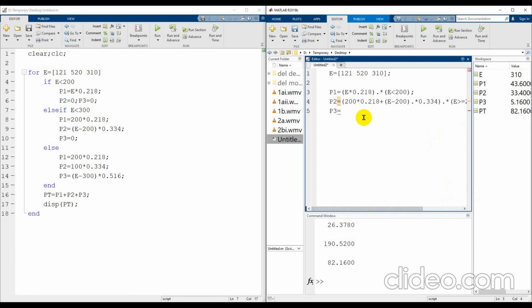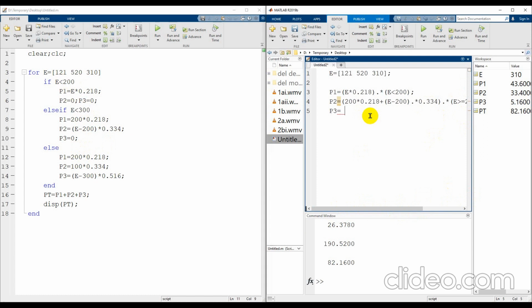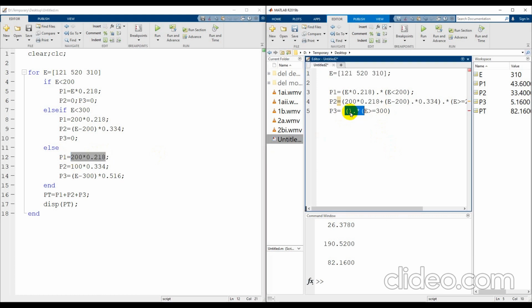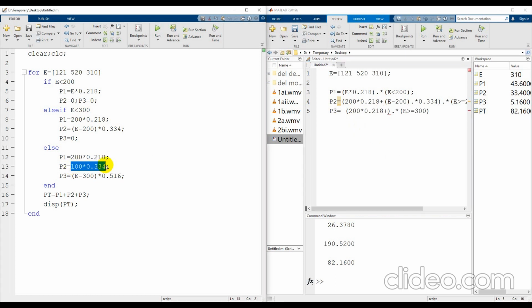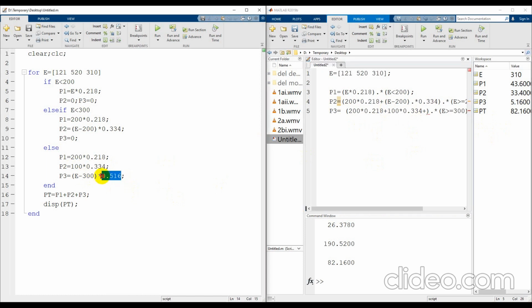And the last logic is, of course, you already delete this and delete this, so the next logic is basically E more than or equals to 300, okay, and then of course you have to multiply with the equation, so P1 plus P2 plus P3,